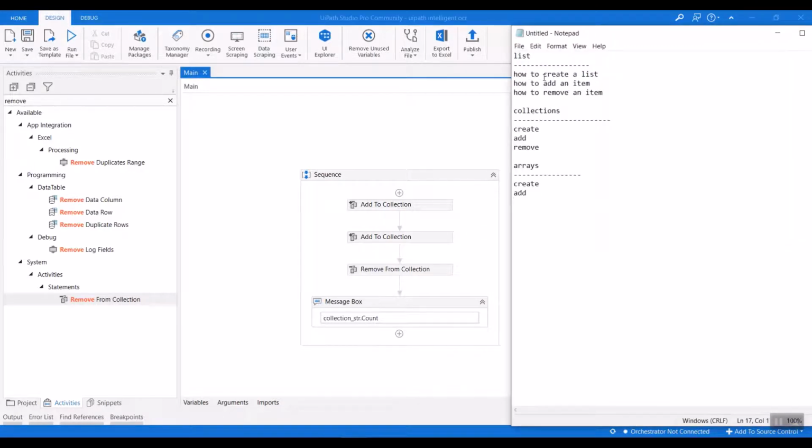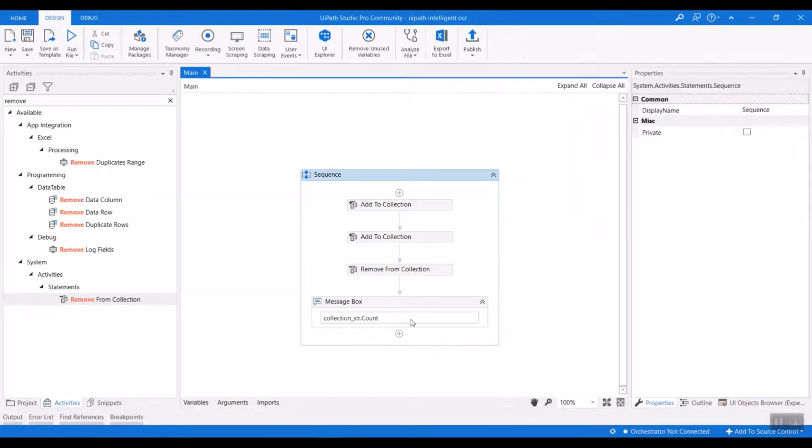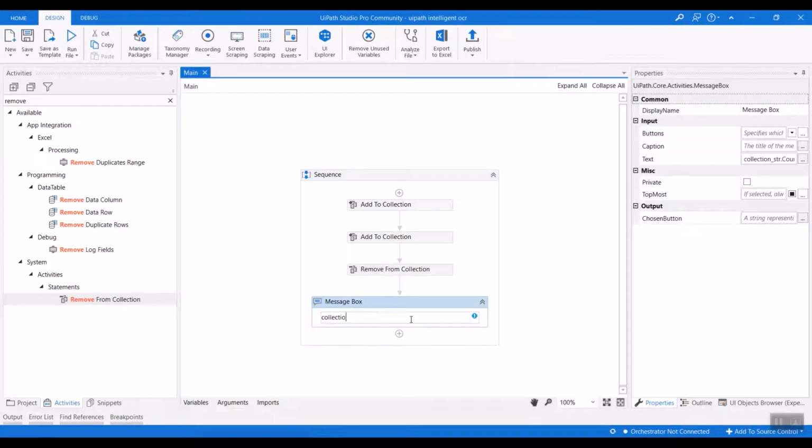So we have seen the list, we have seen the collections. So list and collections are the same. And we have seen the .NET procedure too. How to add to collection also. Okay, we didn't see that, right? Okay, so let us see here. So this is the .NET way. Suppose it is the collection string.